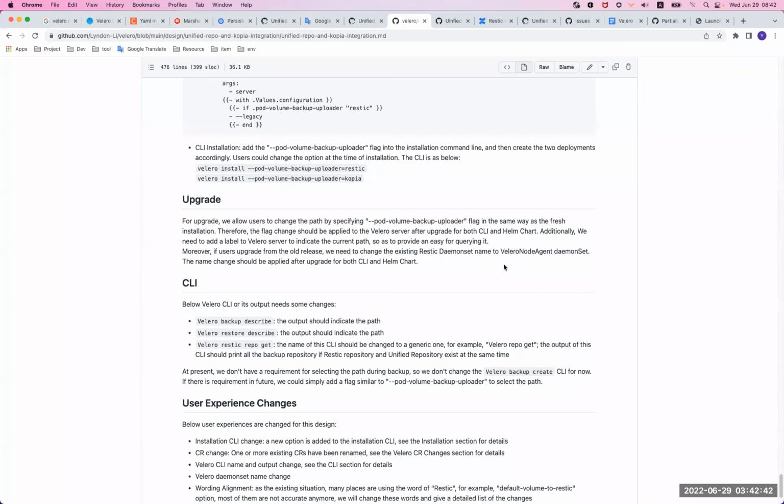So I think we need to provide the same user experience, but just a little bit more complicated, because users are expected to execute more commands or add more parameters to kubectl so that they can finish this